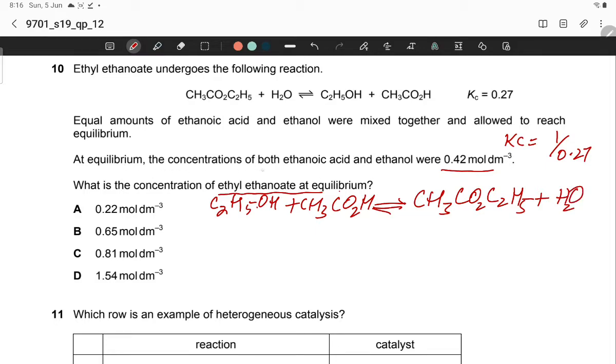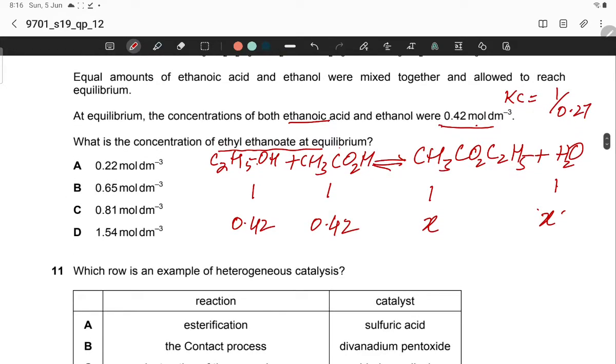At equilibrium, the concentration of both ethanoic acid and ethanol were 0.42 mole per dm cubed. Let's assume this is 1 to 1, 1 reacts with 1, and if the concentration of both ethanoic acid and ethanol were 0.42 at equilibrium, the concentration of ethanol is 0.42, so it is 0.42, and it is assuming x and x. Now Kc is equal to